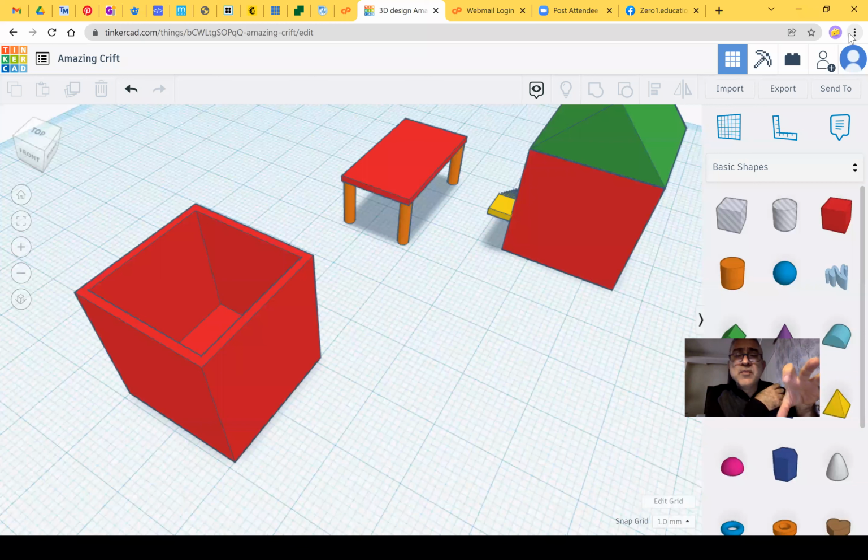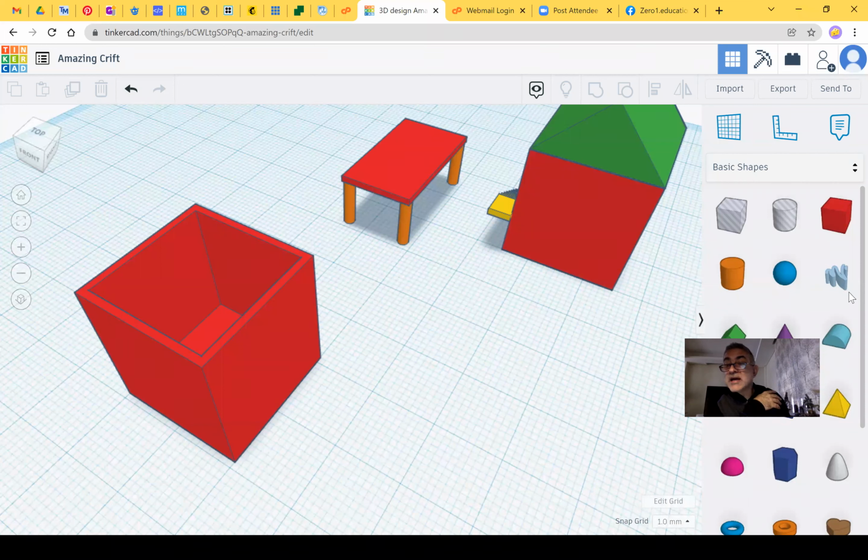In our curriculum, we've created many ideas of objects in 3D that you can explore with your students. But believe me, if you start with the house, if you start with the table, if you start with the empty box as I show you right now, it will be normal for them to continue alone by exploring the